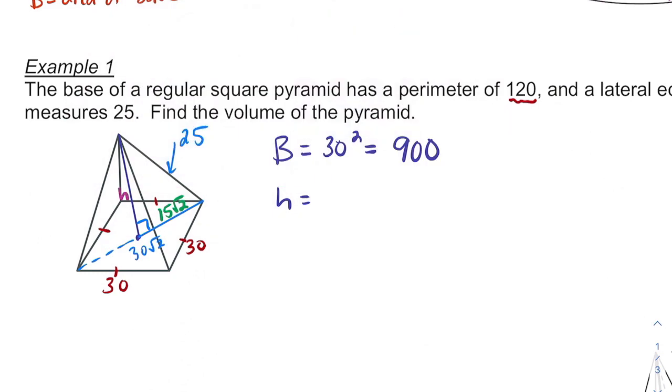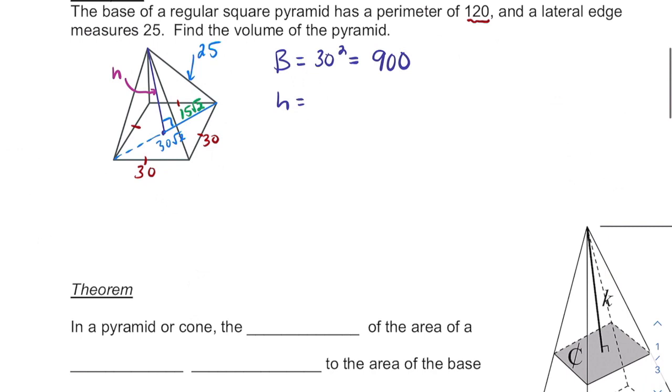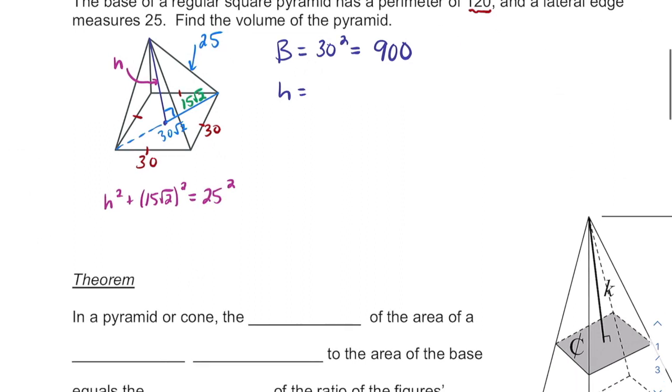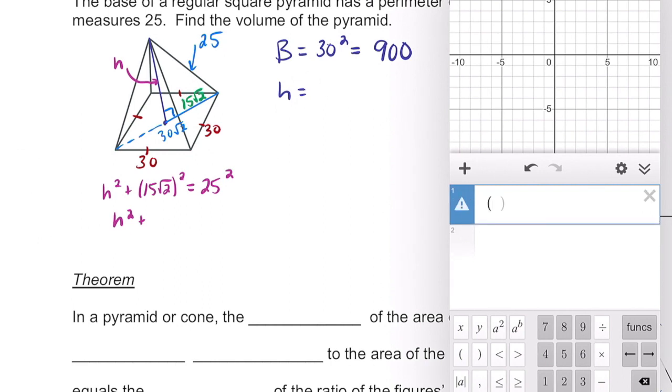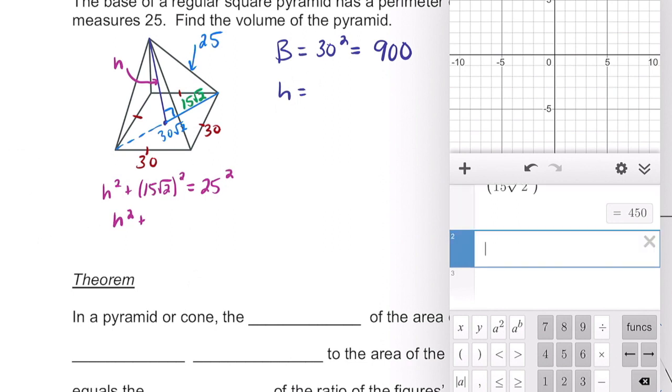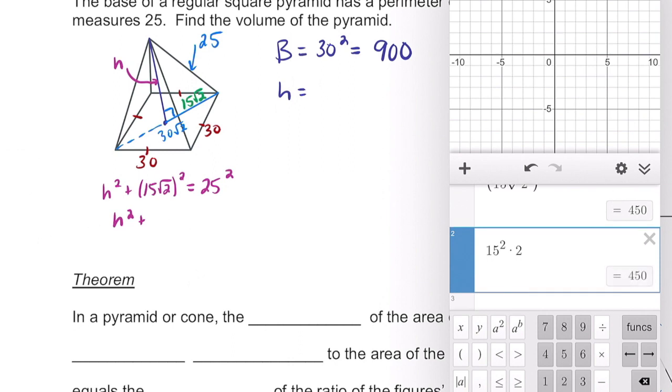So then now what we want to do is we want to figure out the height using Pythagorean theorem. So at this point, I know it's kind of hard to say, I'll use an arrow. We'll call this h. So that makes h squared plus 15 root 2 squared is equal to 25 squared. So then now that makes this h squared plus, and then if you're not sure how to do this, you can put 15 square root 2 in parentheses and then square that, which gives us 450. Or the trick is we square the first number, 15, we multiply it by the number underneath, times 2. So that gives us plus